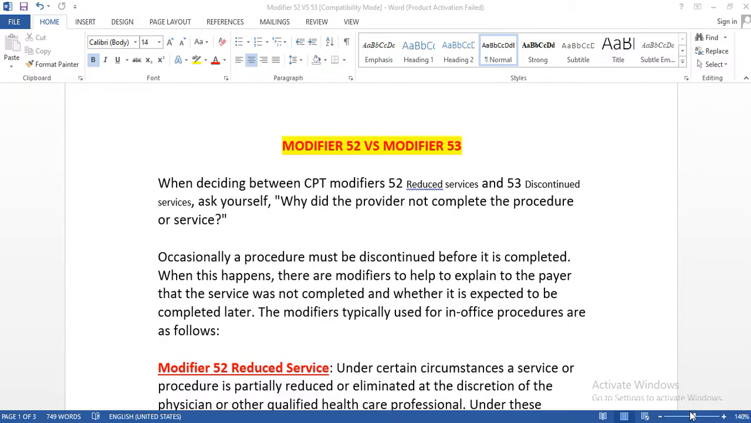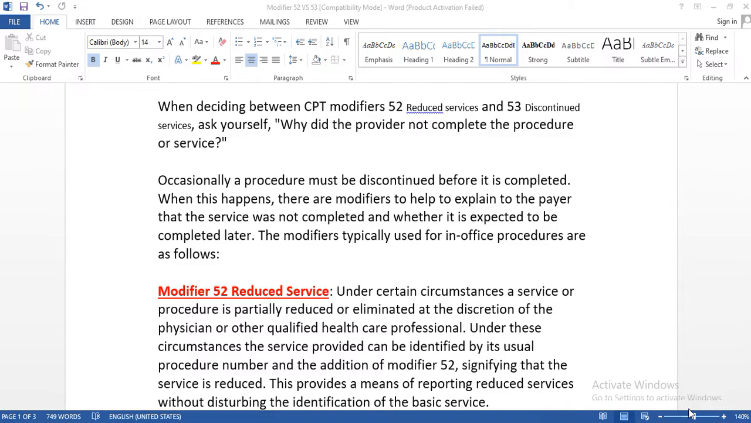So today our topic is modifier 52 versus modifier 53. Here we are going to know the purpose of those modifiers and a few examples related to modifier 52 versus modifier 53. Basically, when we are deciding between CPT modifiers 52, which we call reduced service, and 53, discontinued service,